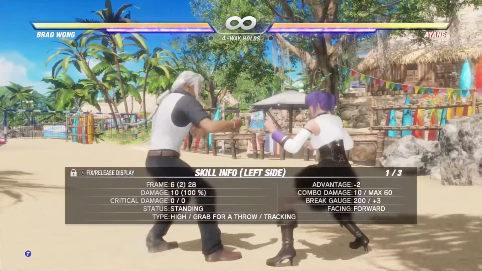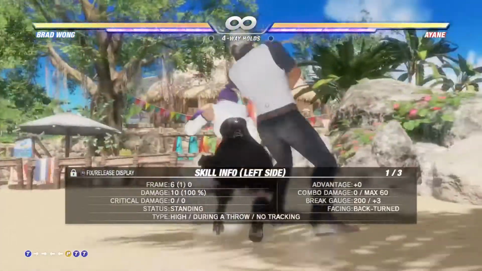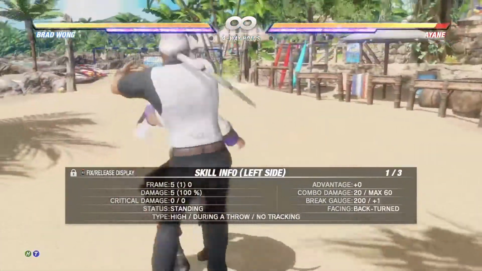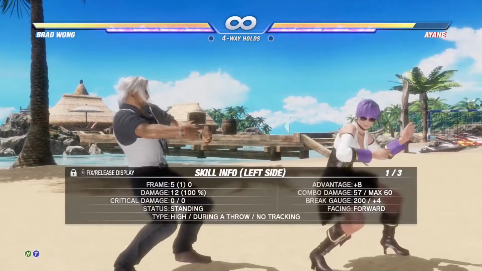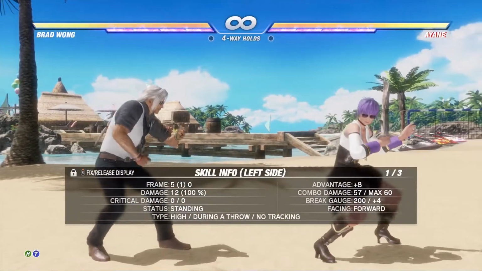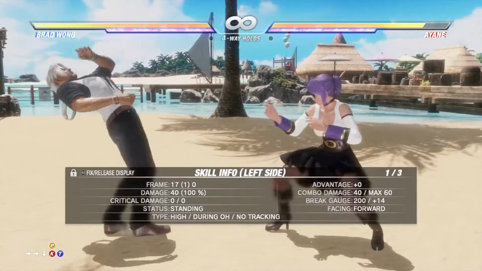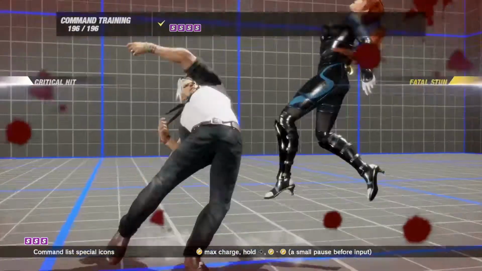And also Brad has got reset throws. So there's one of them from back turn stance, another one from behind the opponent, so those things come in really handy with him. And he also even has offensive holds. Anyways, once you're done Brad's command training,